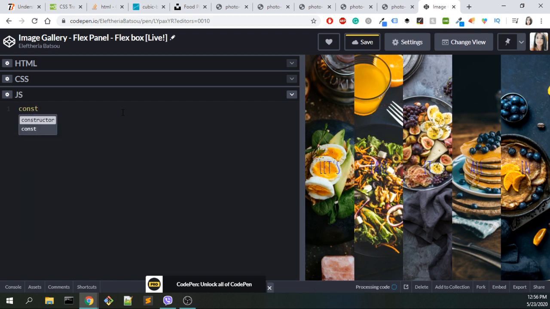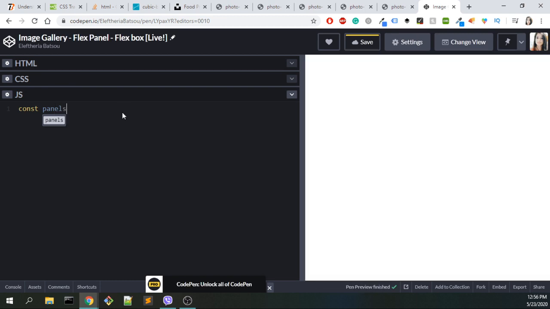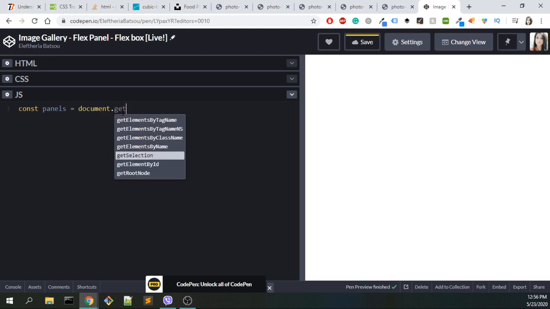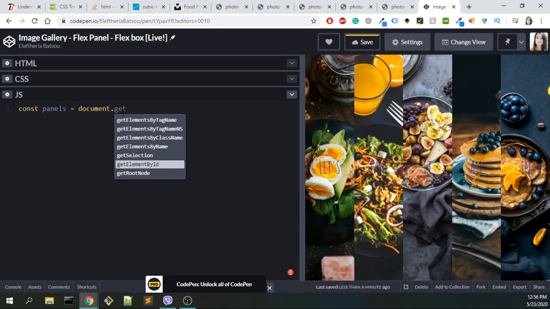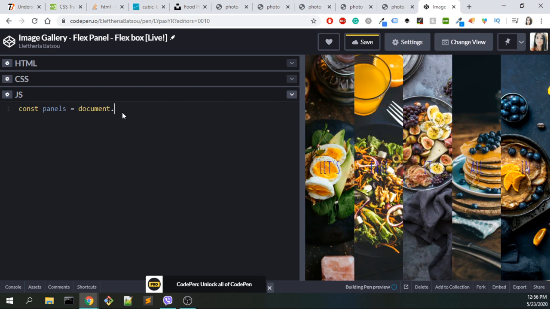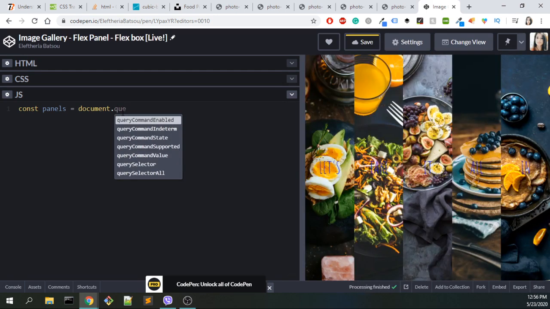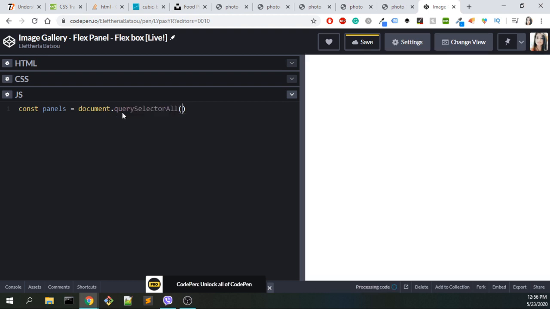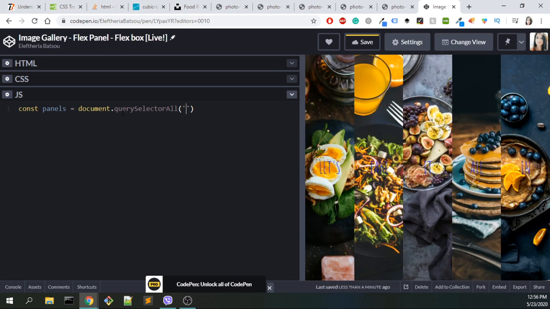Now in the JavaScript part, the first thing that I want is to have the const. I'm going to name it panels, and this time I want document dot getElementById, not by ID. No, sorry, I don't want that. I want document and then querySelectorAll, and I'm going to target the panel, so I need the .panel. I remember another time I hadn't added the dot and then nothing was working and I couldn't find that